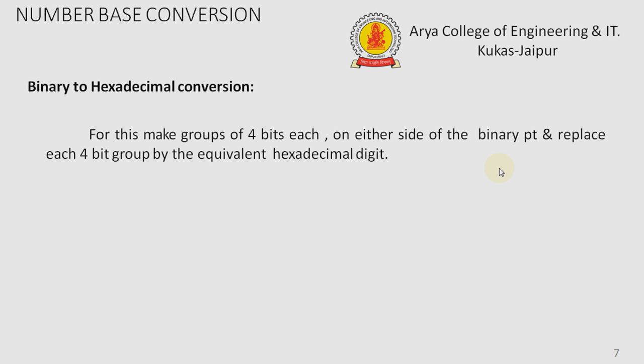For example, I have the value 1111 and 1011. I make 1111 one group and 1011 the second group, and calculate the value: 1111 is F and 1011 is B. This is how we can calculate the